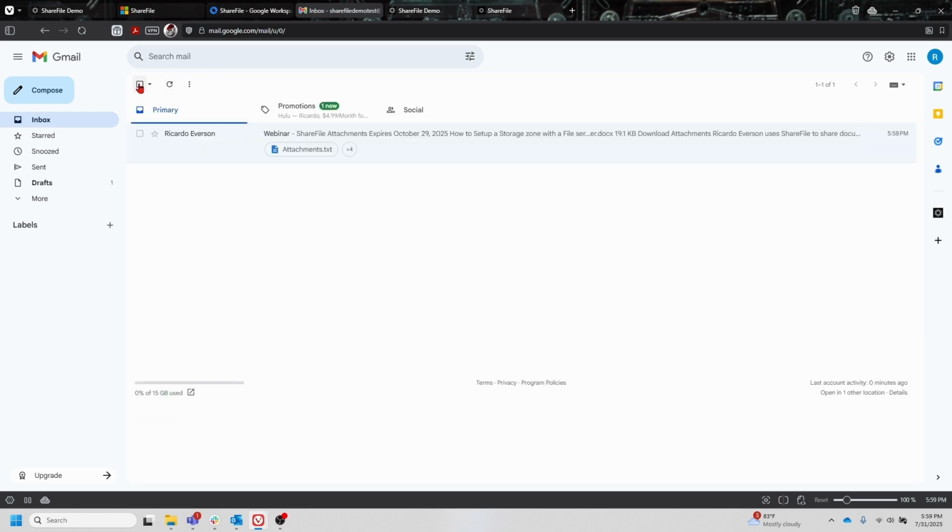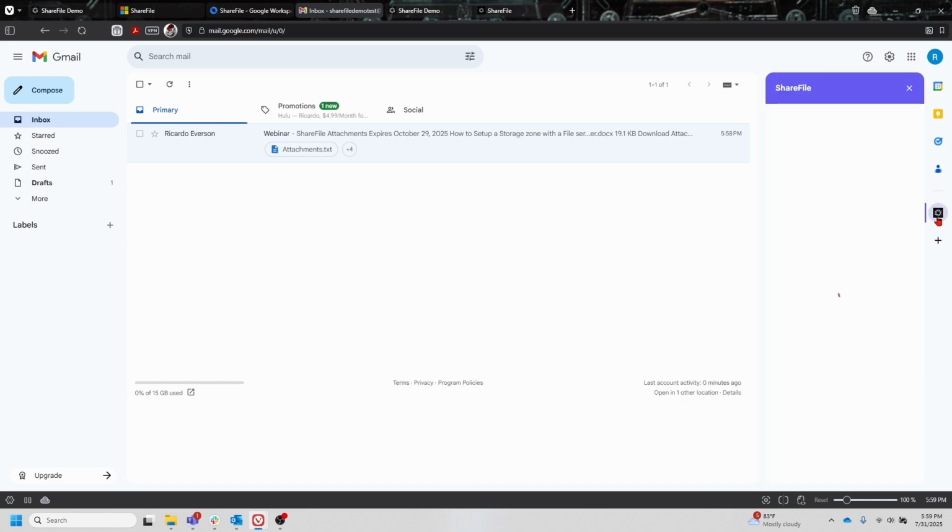We'll back out to the list of our emails here, and I have indication that my ShareFile plugin is up and running because I do see the ShareFile icon to the far right. Opening this will allow me to adjust some link settings, similar to what you saw in the ShareFile for Outlook. When I expand this and go to settings,